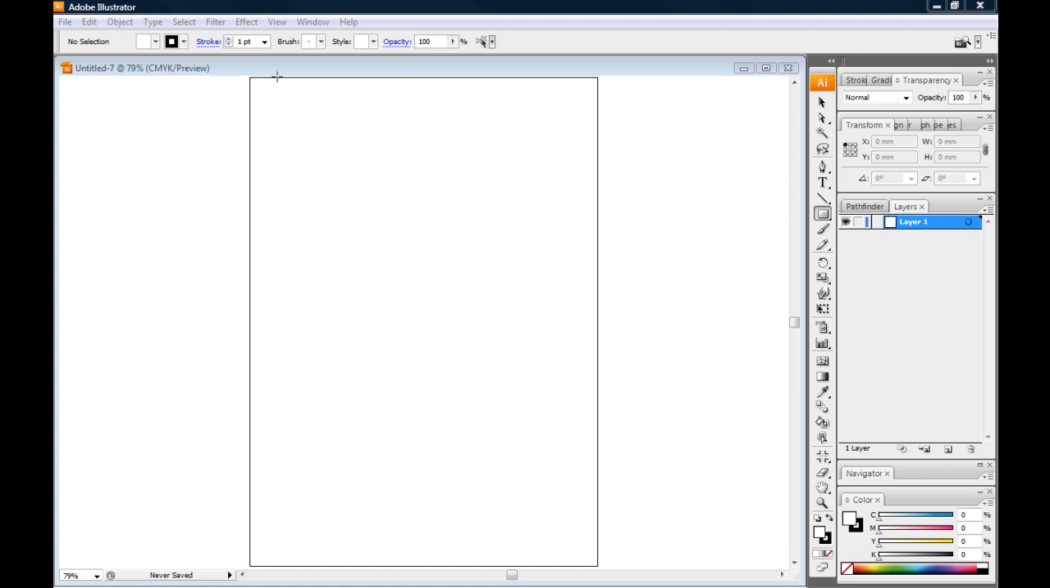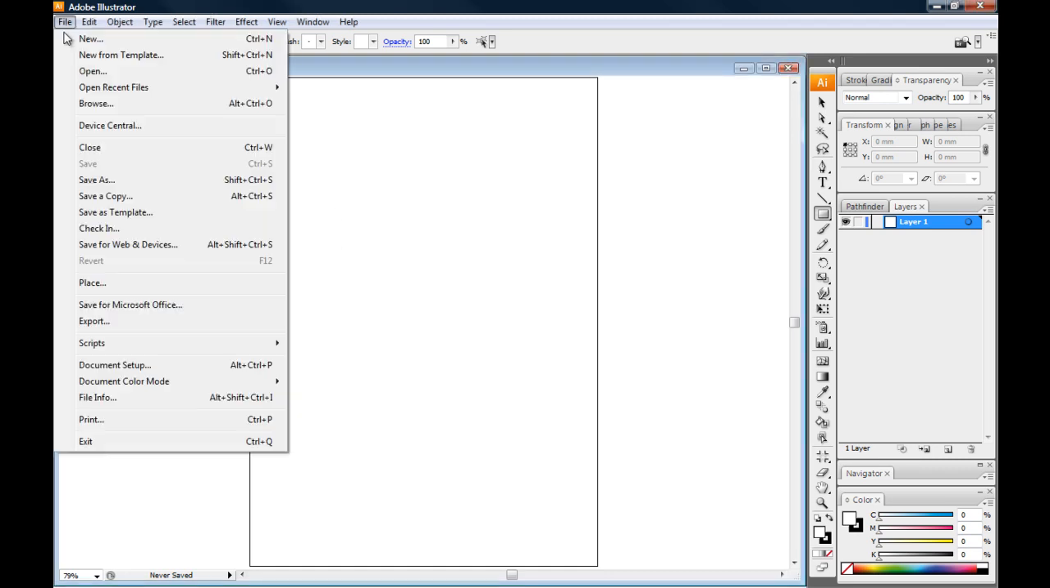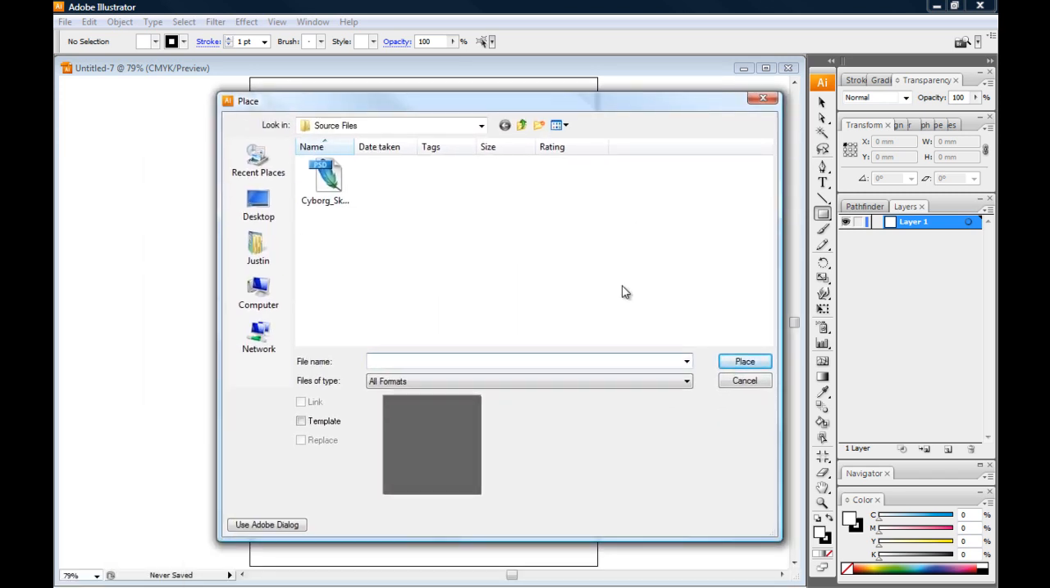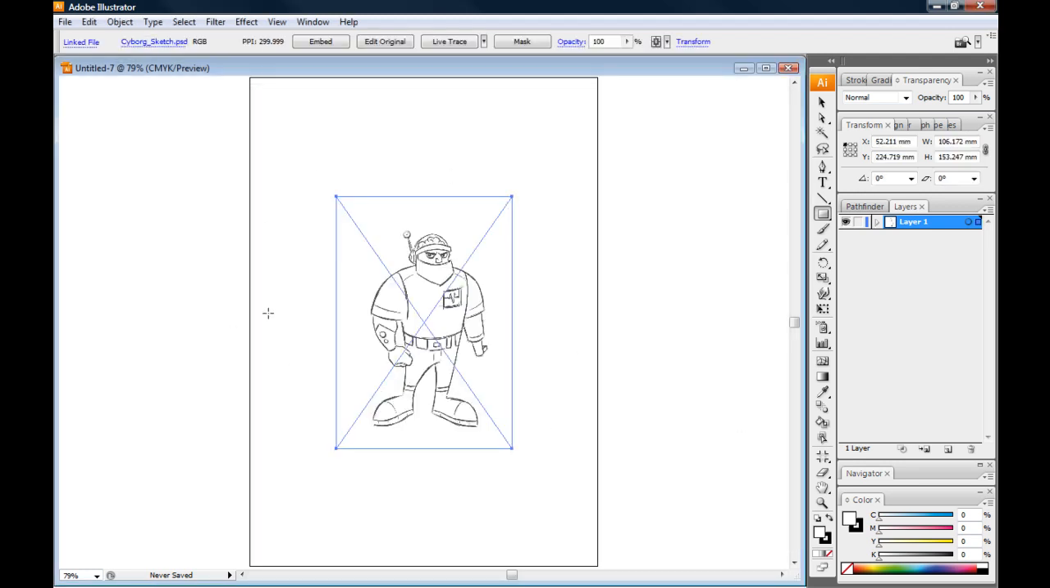I've got a nice new document here. I've done nothing yet, just created a new document, and we're going to come over here to File, and just below halfway we've got Place. And on the other screen here I've got this window I'll bring over. This is the source file I want, so I'm just going to click place,